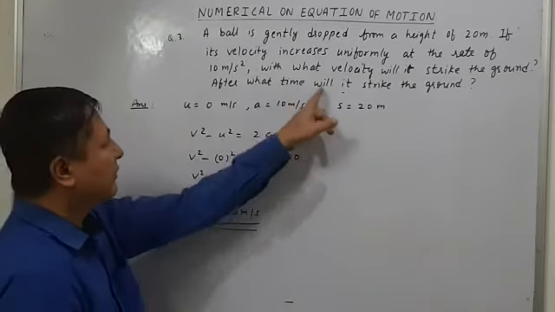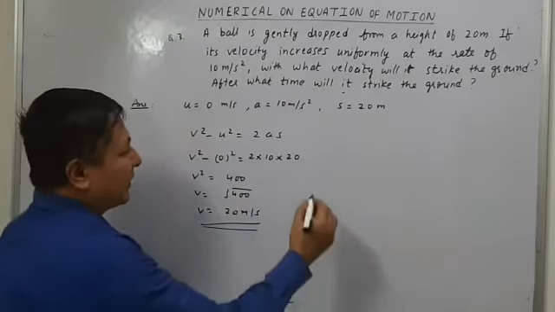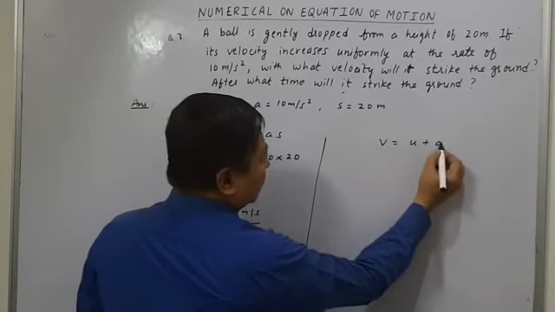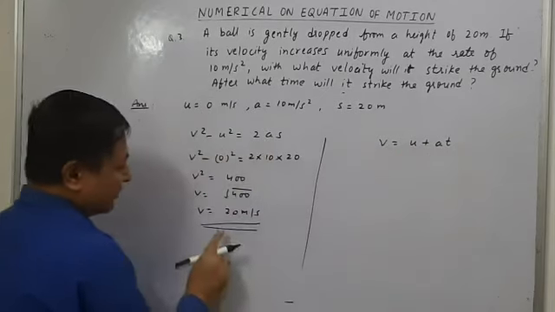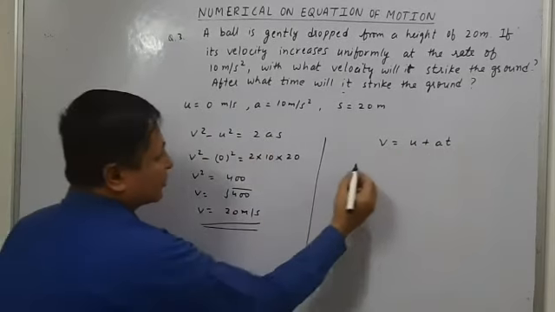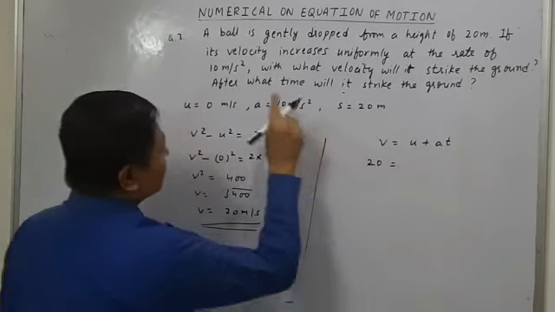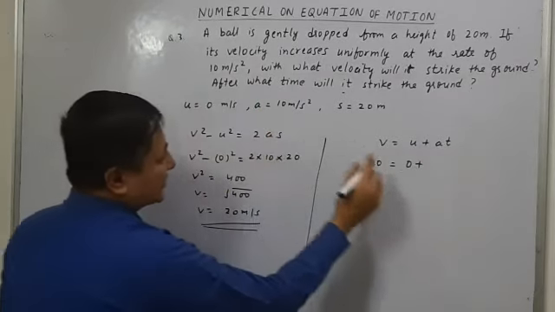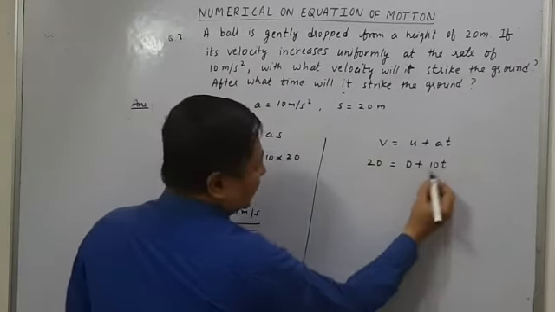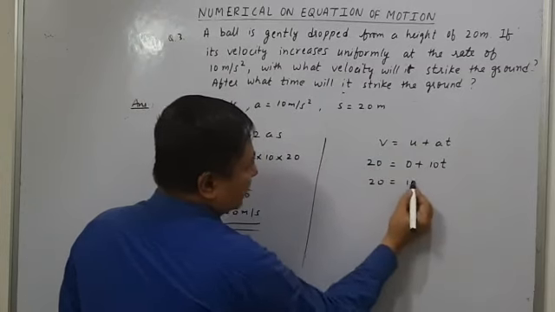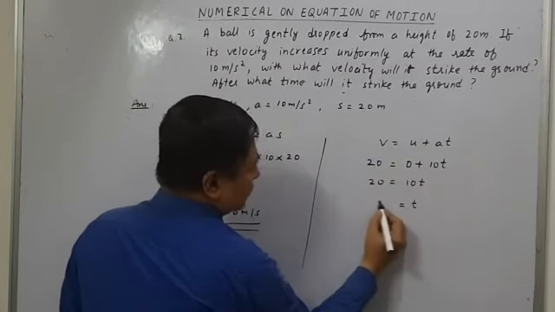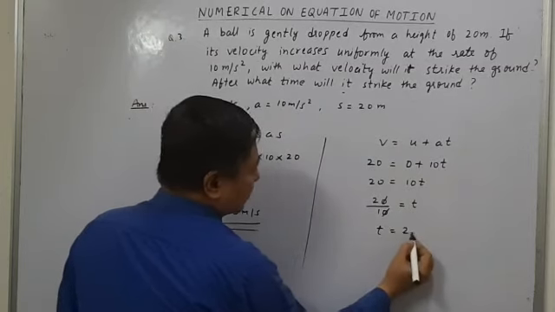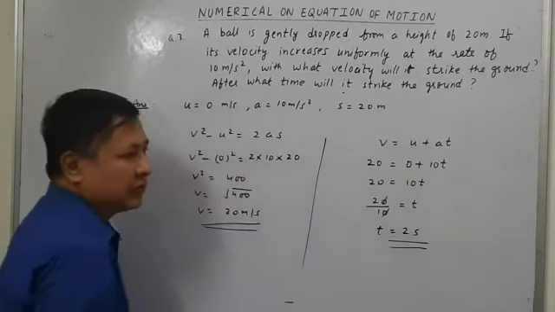And also we have to find the time. We will find the time by using the first equation of motion, that is v is equals to u plus at. Final velocity we have calculated just now, that is 20. Initial velocity was 0. Acceleration was 10 meter per second square. 10t. So 20 is equals to 10t. So t is equals to 20 upon 10. So t will be 2 seconds. So in 2 seconds it will strike the